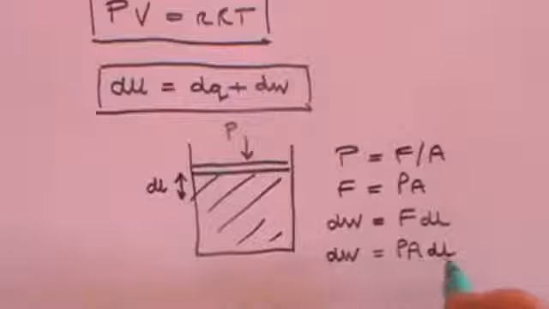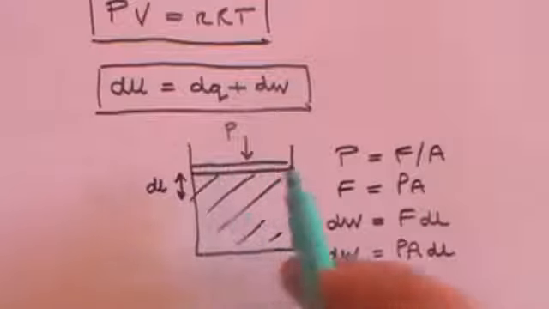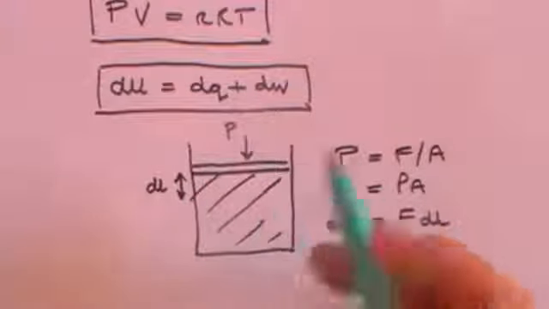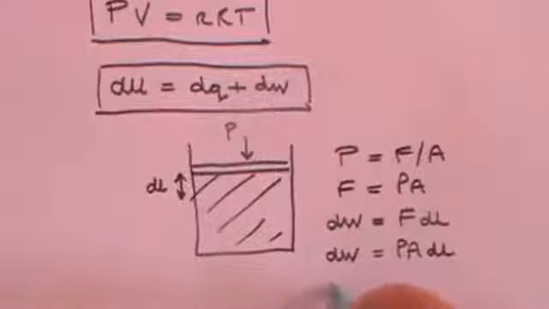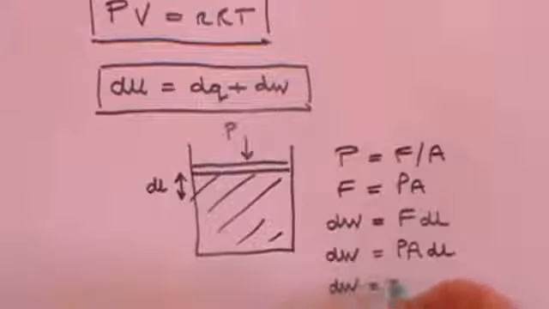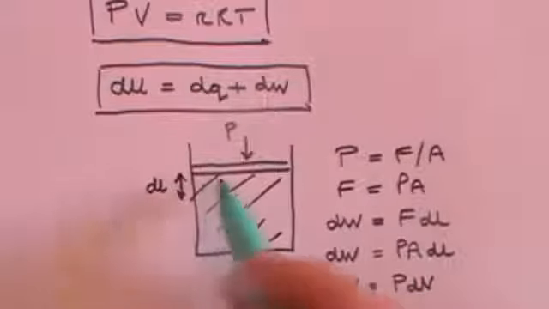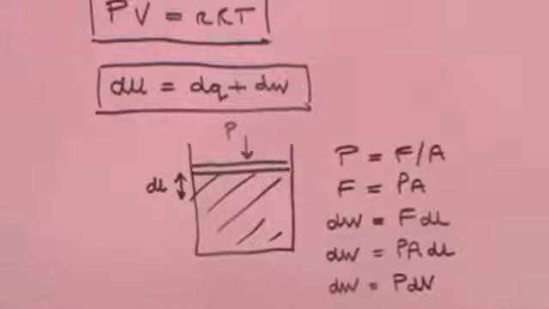But what is A times dl? What is the cross-sectional area times the distance? That's the volume by which you compress the gas. So that means that dW is equal to P times dV, where dV is the change in the volume of the gas. Now we need to make one small change to this formula, and that is to introduce a minus